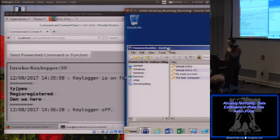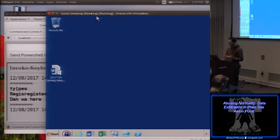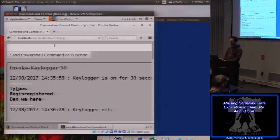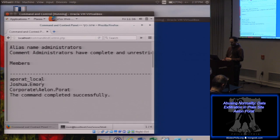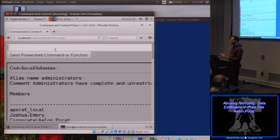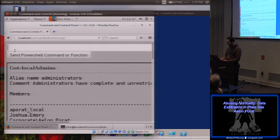Let's start by seeing how we can get some passwords in the environment, something that as an attacker I'm always interested in. Before I do that, I'm just going to make sure that the user that I'm running in the context of is actually an admin on my machine. And yes, I am. And that's great, as I said before, because we can now do many more things we were not able to do before. For example, I'm going to take, and it's an old trick, I'm sure you're familiar with it already,